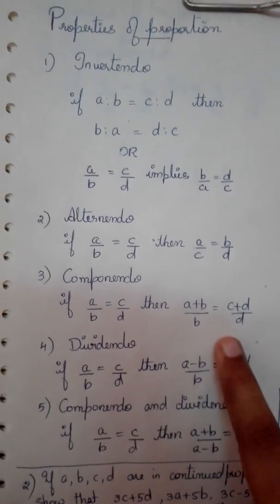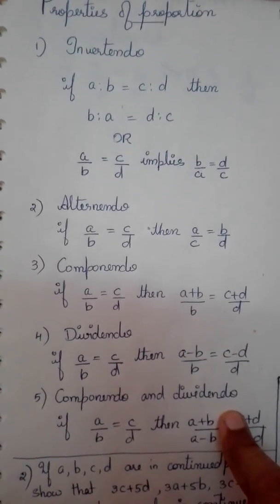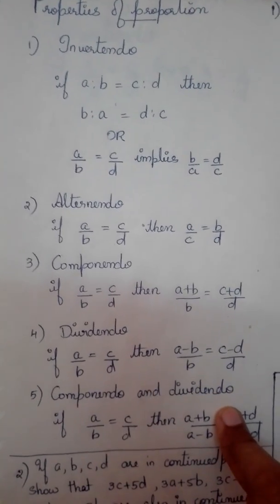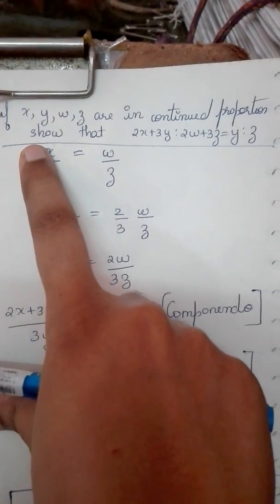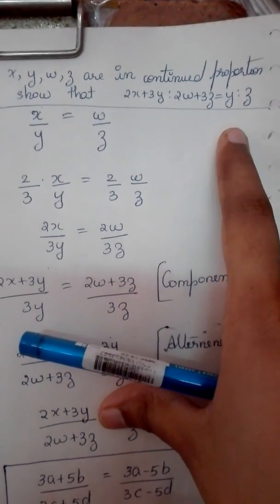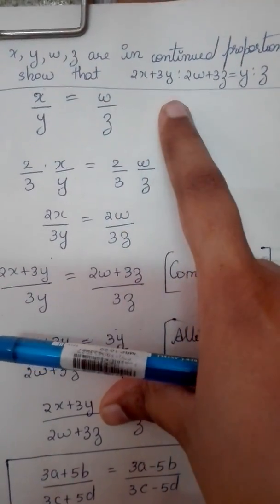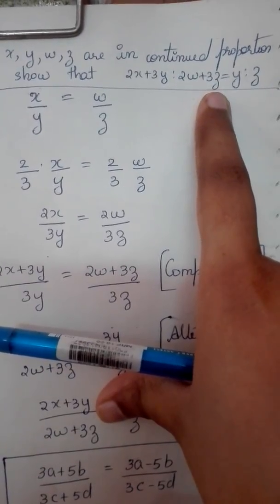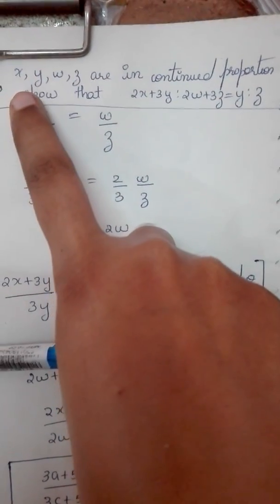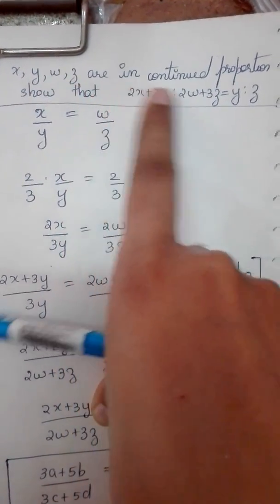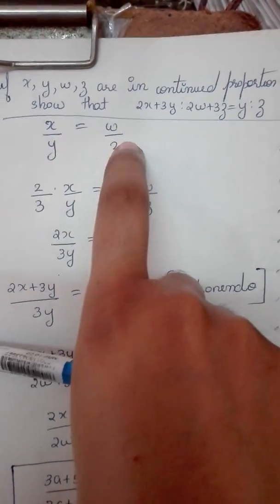Okay. So using these properties, we can prove certain cases. The first question is, if x, y, w, z are in continued proportion, show that 2x plus 3y is to 2w plus 3z is equal to y is to z. For that, given that x, y, w, z are in continued proportion,